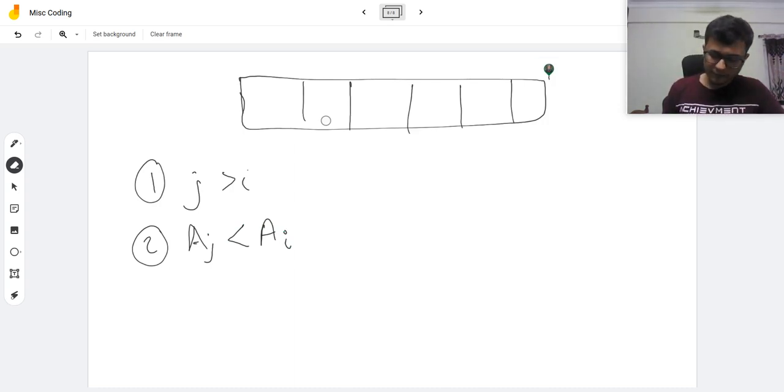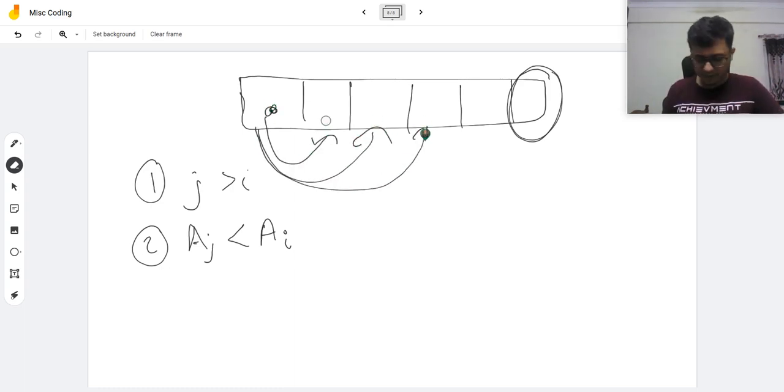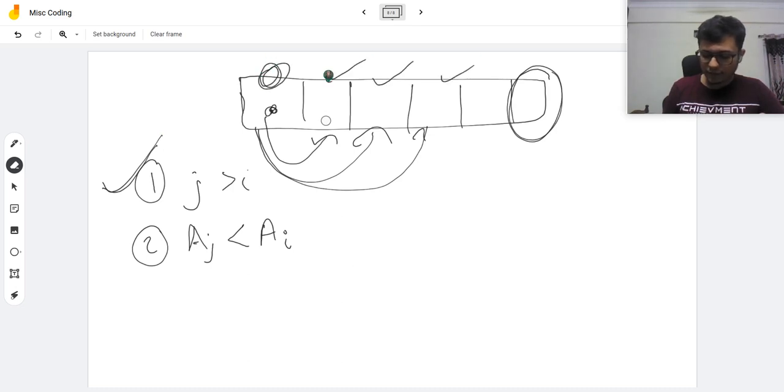Whosoever is sitting towards the left can distribute candies to all of the friends sitting towards the right, because for that person this condition is being met. So for example, this person can give candies to all of these people because all of them fall towards their right, so that should be fine.